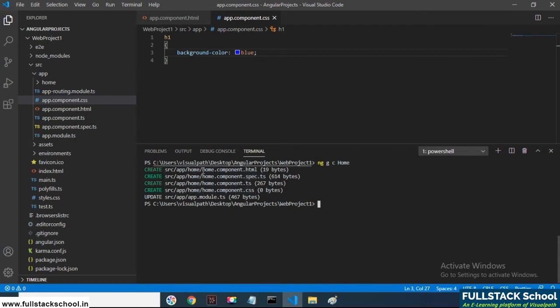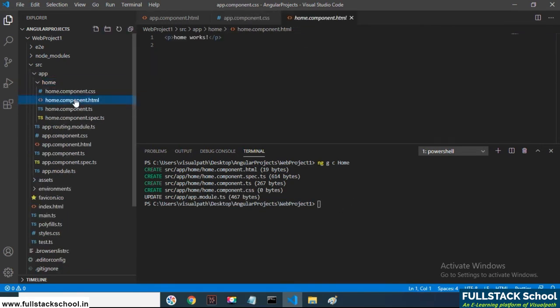Along with that, it will make changes in the app.module.ts file, which is the root file we are calling. The registration of the home component will be done in the app.module.ts file. Once the home component is created, if you observe home.component.html, it will show that home works. For example, you can add some HTML code for this: this is the home component page. Let us take, I am creating a home component page.